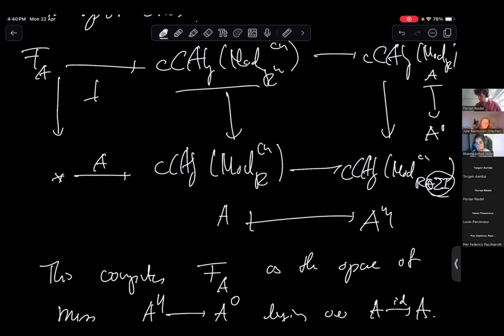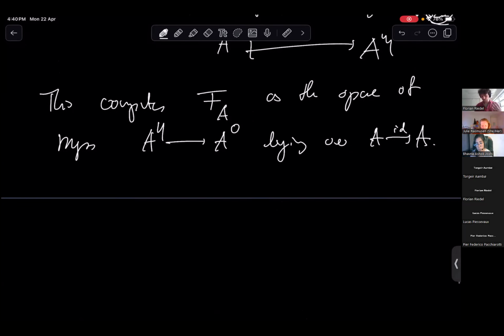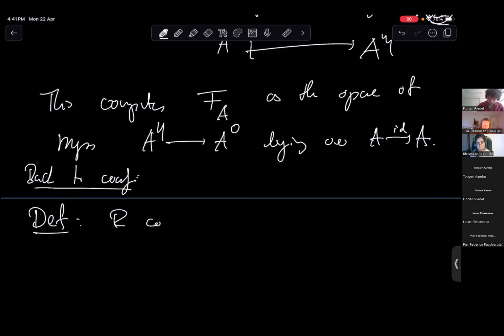It's very, very useful. And if you do this, you might come to the following conclusion, again back to coalgebras. This is a definition, also due to me, for a connective R, so R a connective E infinity ring. Yeah, I promised a definition of formally etale coalgebras, and I'm going to give it to you. So A